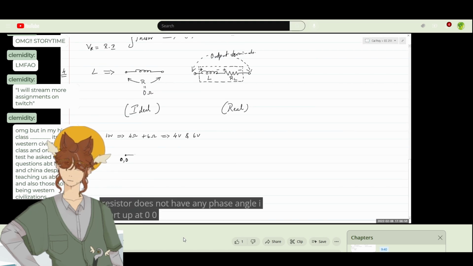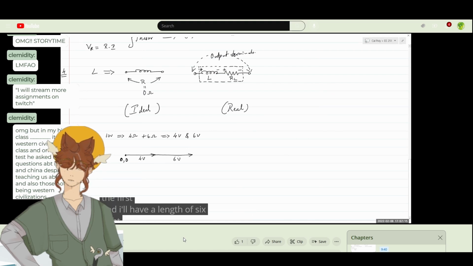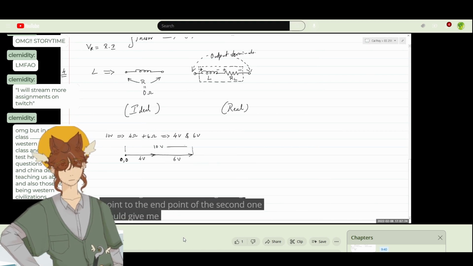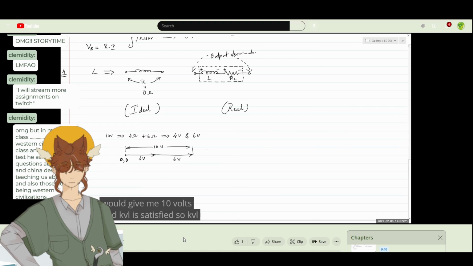I start at 0, 0. My first vector for that resistor will have a value of 4. Then the second vector would start at the endpoint of the first and will have a length of 6. I see, okay. So from the beginning point to the end point of the second one would give me 10 volts, and KVL is satisfied. So KVL works. But for an AC circuit,